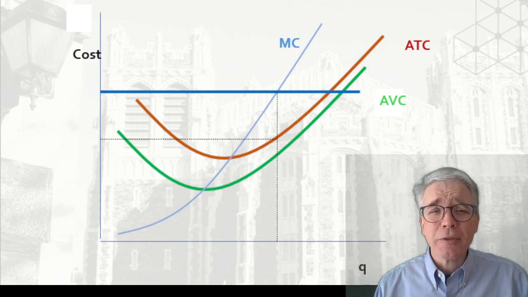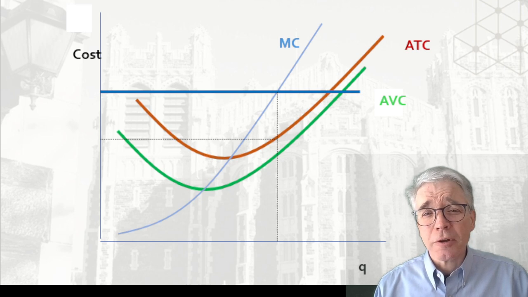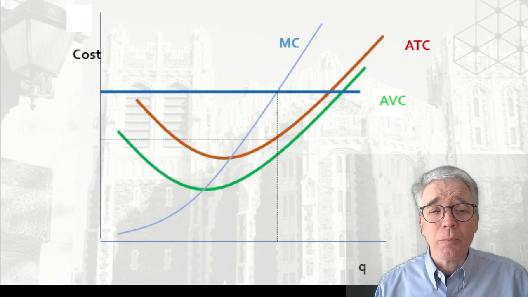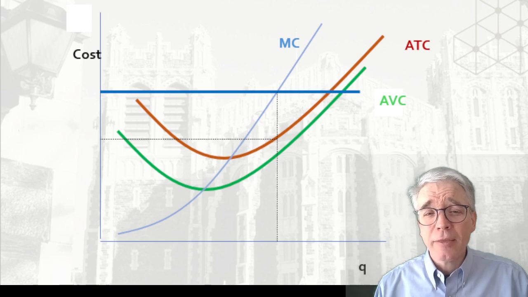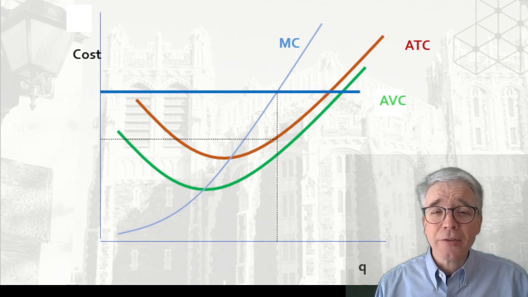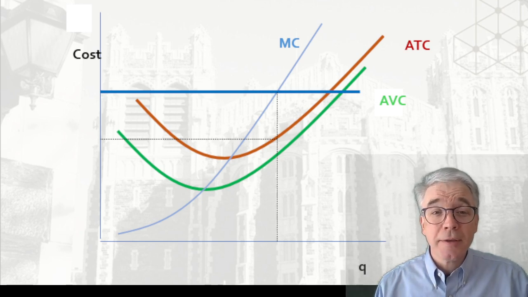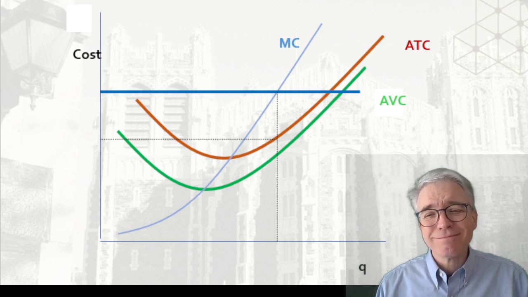In this example, I'm showing the price, that blue horizontal line, is kind of high up. As we talked about earlier, the firm will choose a quantity Q where price equals MC. So that's the vertical dashed line. That's the Q that makes the price equal to marginal cost, so it's the Q that's going to maximize the profit. The other horizontal line shows the level of average cost to make that quantity. So the vertical distance between the price and the average cost shows the profit made per unit. So that big box there is the amount of profit. At that high price, firms will produce more and they'll make more profit. They'll be happy to have that price stay high, but it's not likely.